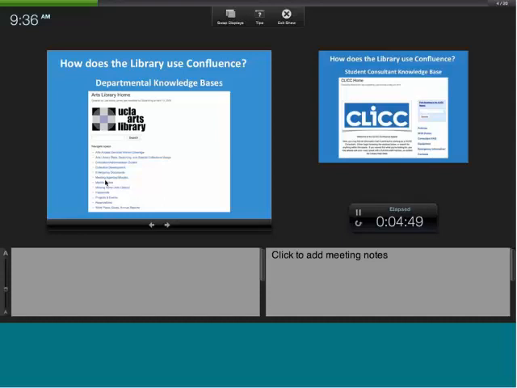We've given the opportunity for all of the departments to have a page like this. So just kind of a general departmental knowledge base where if someone has a question about how something works in the arts library or biomed or music or library special collections or something like that, instead of going, well, I don't know how this works, they can go to our Confluence site. There's a search bar, and you can first go there, you can figure out what you're looking for, and then if it's not there, then maybe it's something that we need to put there,